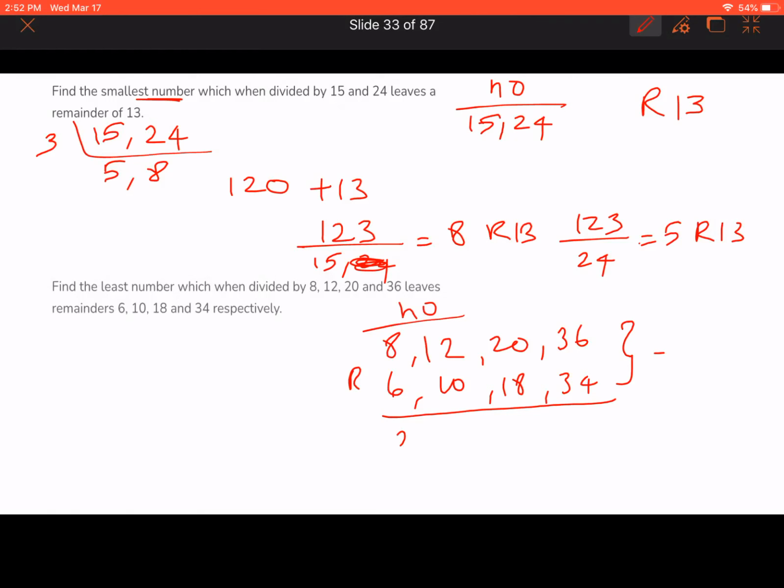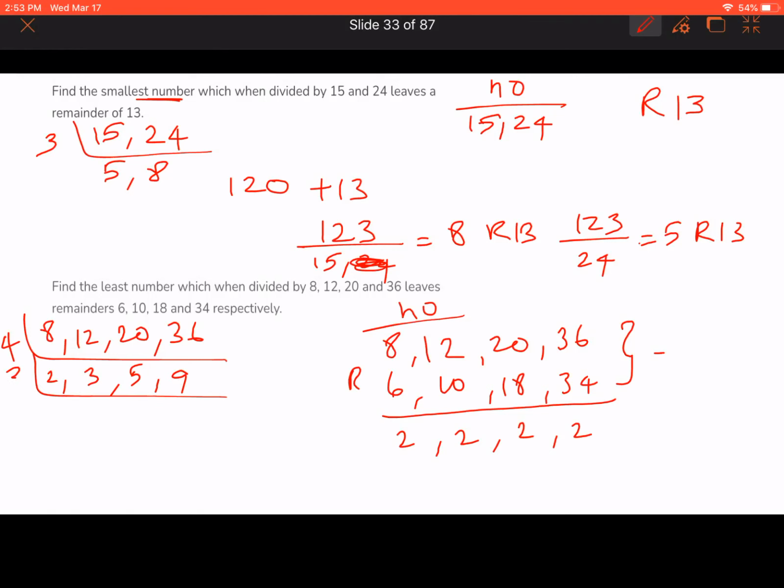Okay, see, there is a commonality in the difference. It will be there like this. If it is going to be like this, then we have to follow the steps, that is take the numbers, find the LCM. So this will go by 4, and you can take another 3 as an LCM for these two numbers. So we're just going to continue with this. And now we find the LCM to be